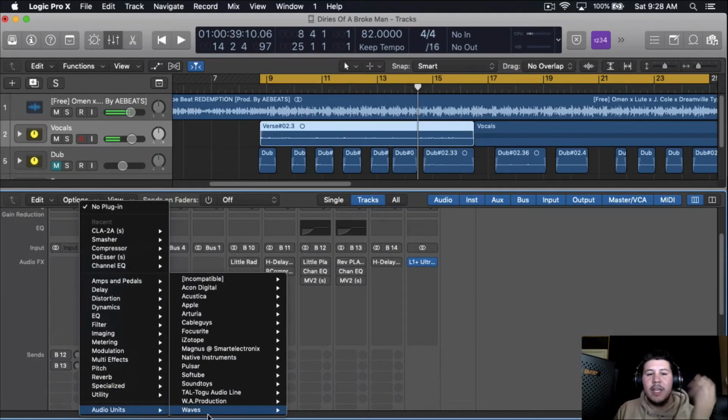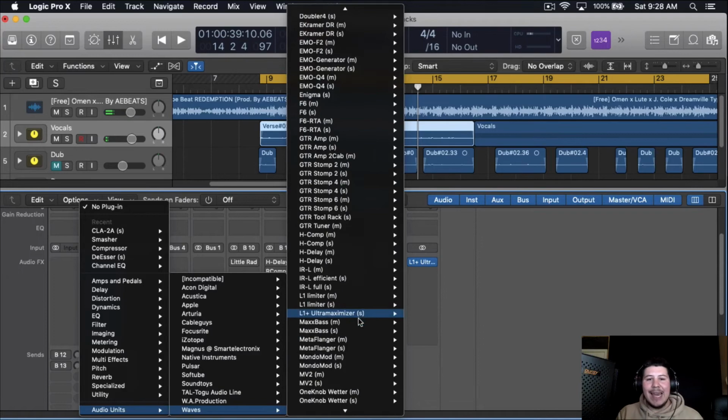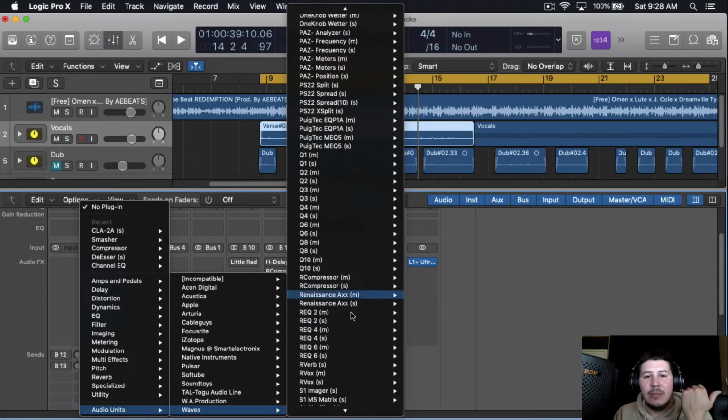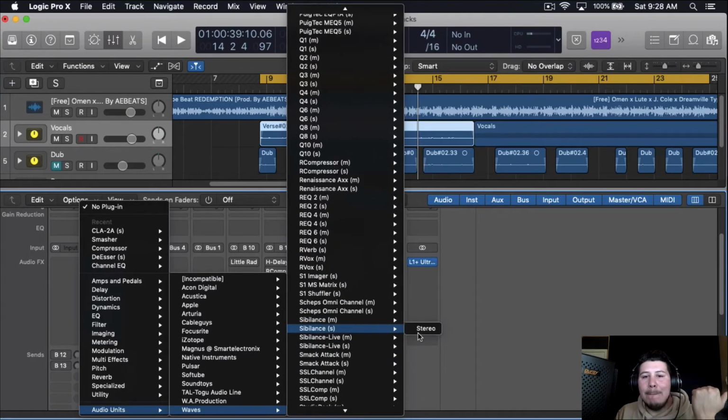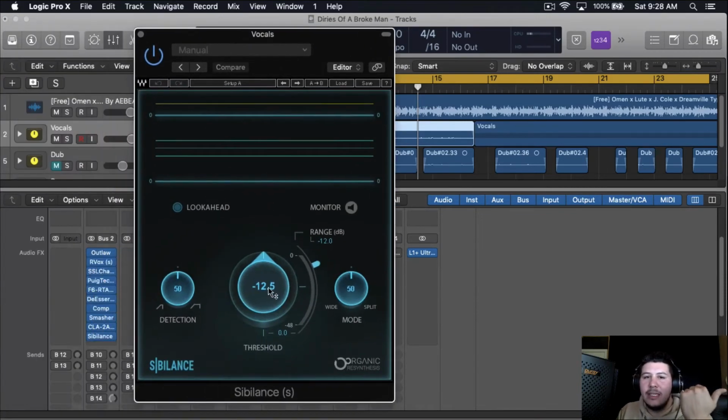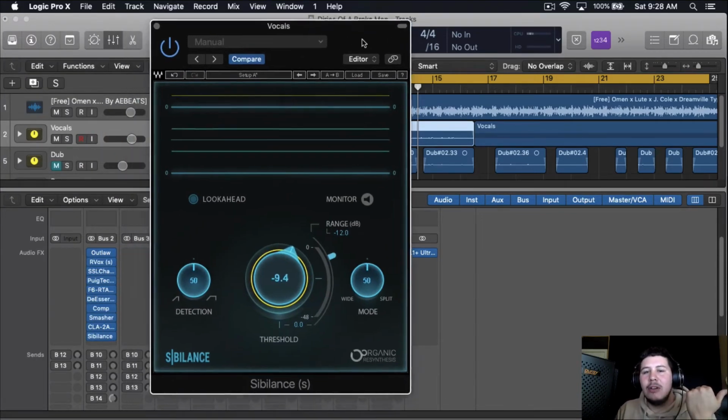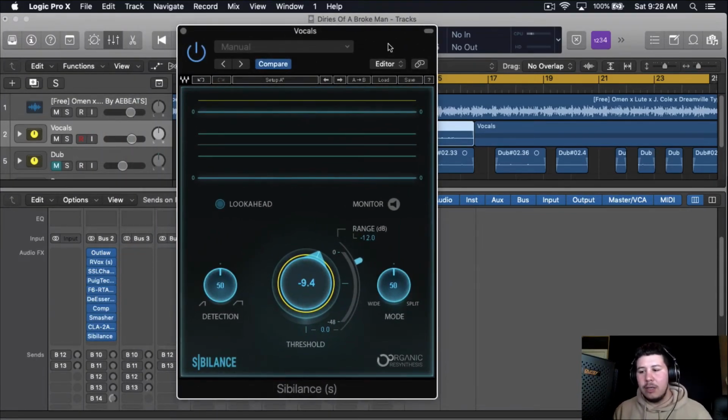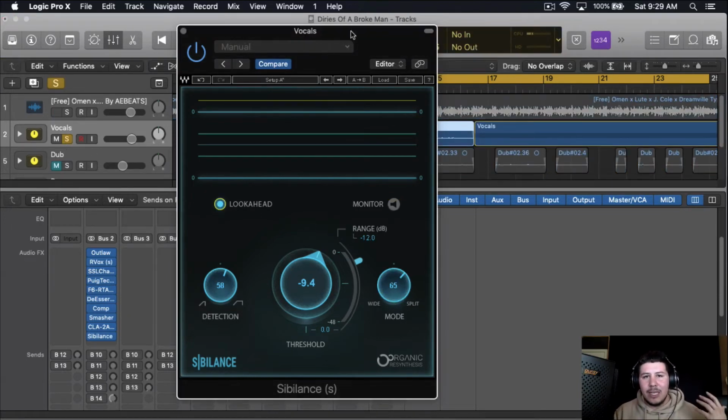So that sounds good from there. From here, what I'm gonna do is add a de-esser, and the de-esser I'm gonna be using is Sibilance by Waves. And the reason I like using this is because not only does it take out the S's, but it also takes out other certain frequencies, certain sibilances, I think is what you call it, that are harsh to the ear. So if I were to put this on monitor, solo the vocal, you could really hear what